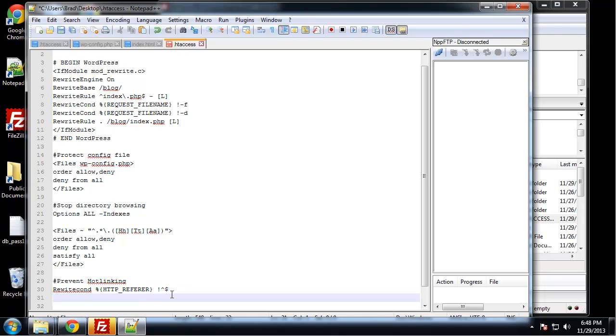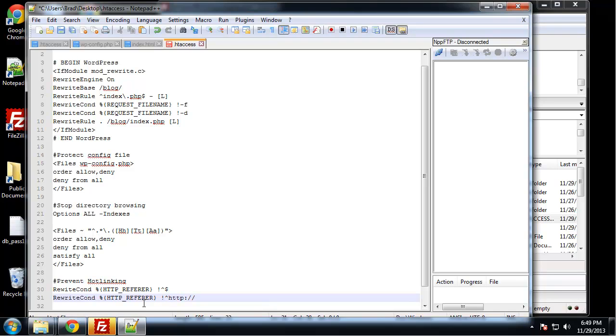There's 3 lines we've got to do here. So we're going to do another RewriteCond. I'm sorry, we should have these C's uppercase as well. I'm not sure if that matters, but just in case. And we're going to have the same thing, this HTTP_REFERER. And now we're going to do an exclamation, a caret, and then we want to put in our domain name, so HTTP,